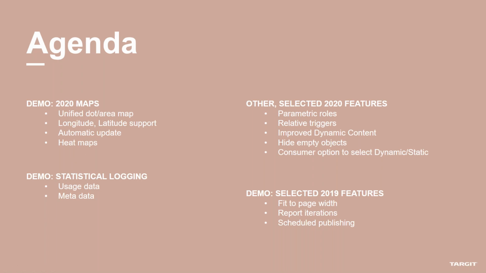Then we got something which is currently called statistical logging. It's a new thing that we're going to do with regard to logging. It's a one-click logging thing if you want to. When you get this 2020 version, you'll be able to say that, yes, I would like to have logging. And once you click that button or whatever it's going to become, it will automatically